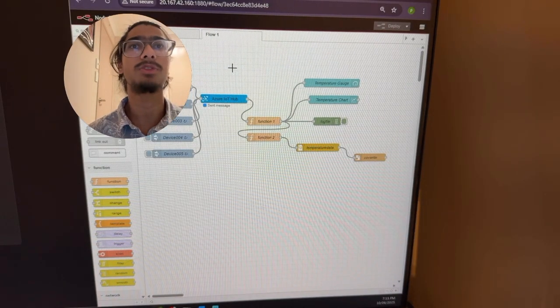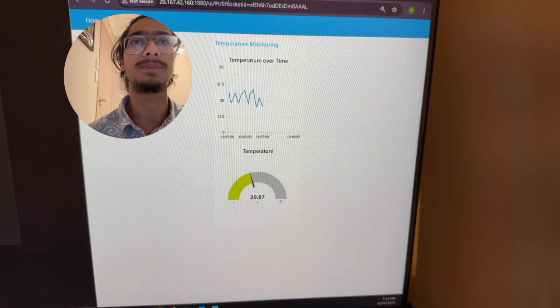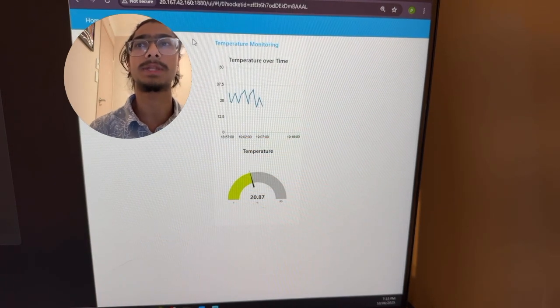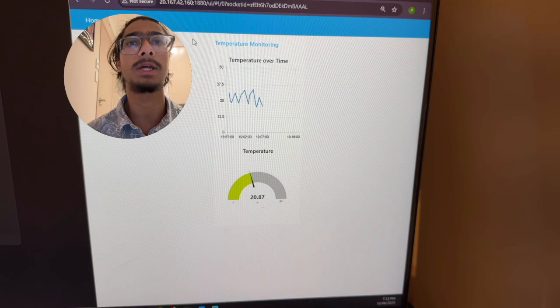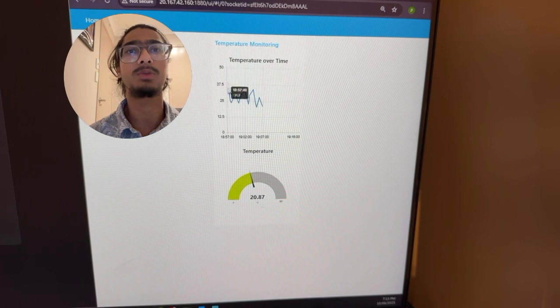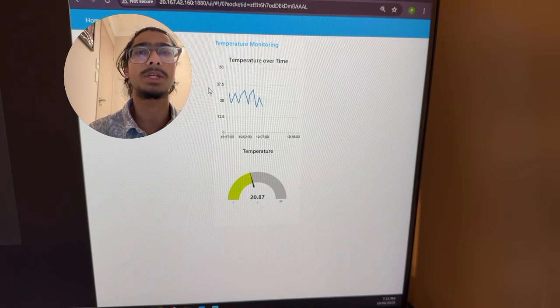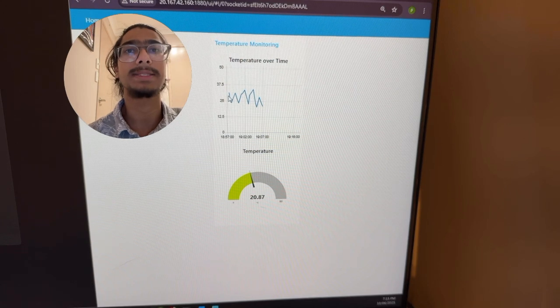After this, to see the flow of the Node-RED, we have the Node-RED dashboard, and this is the Node-RED dashboard that displays the live temperature data. On the top here, we have a temperature chart that logs the data over time, and with the new reading that comes in every 10 seconds, we can see that there are some